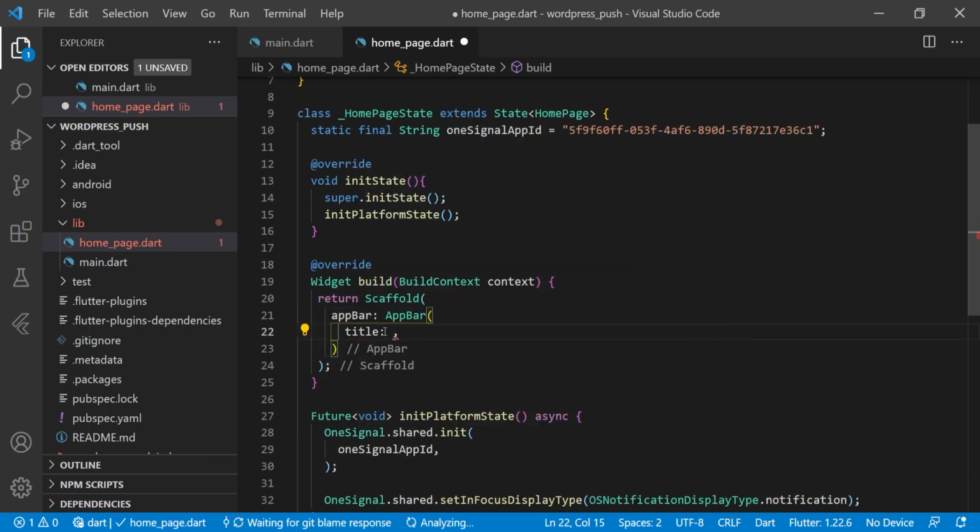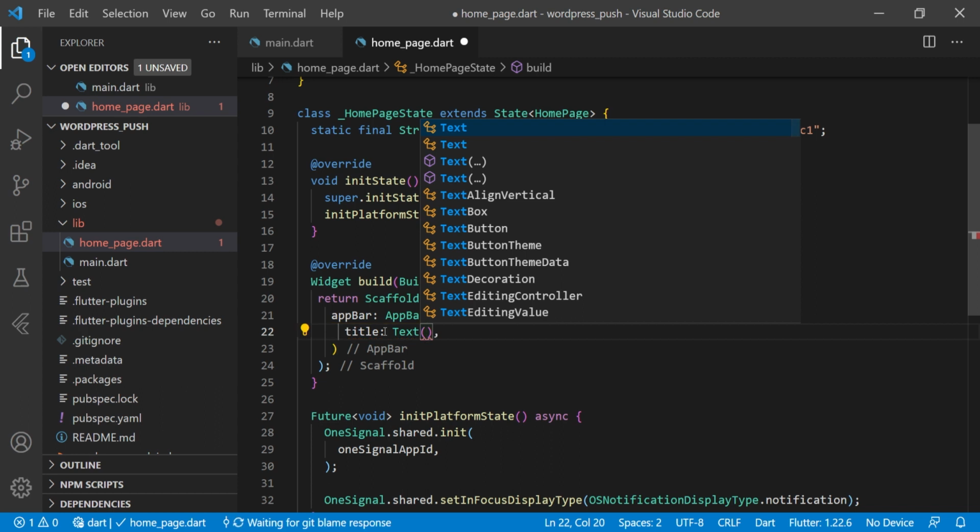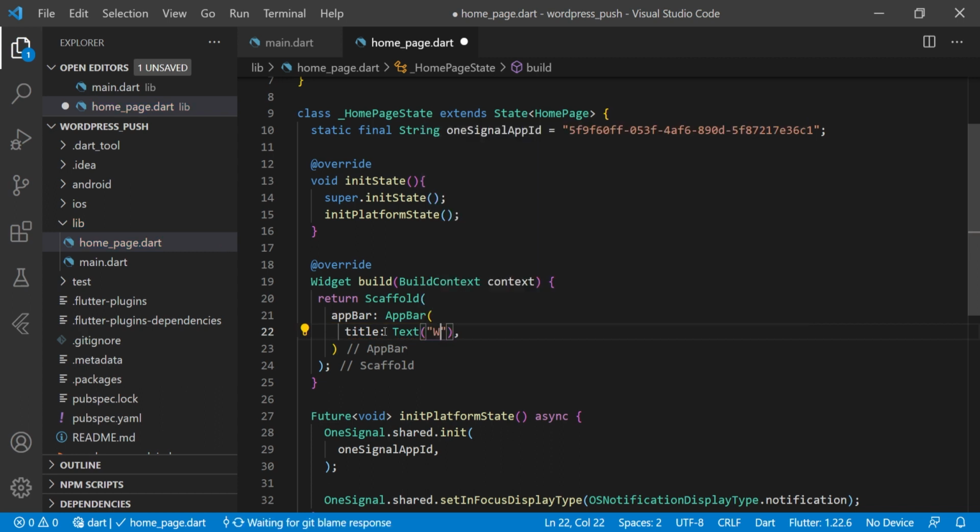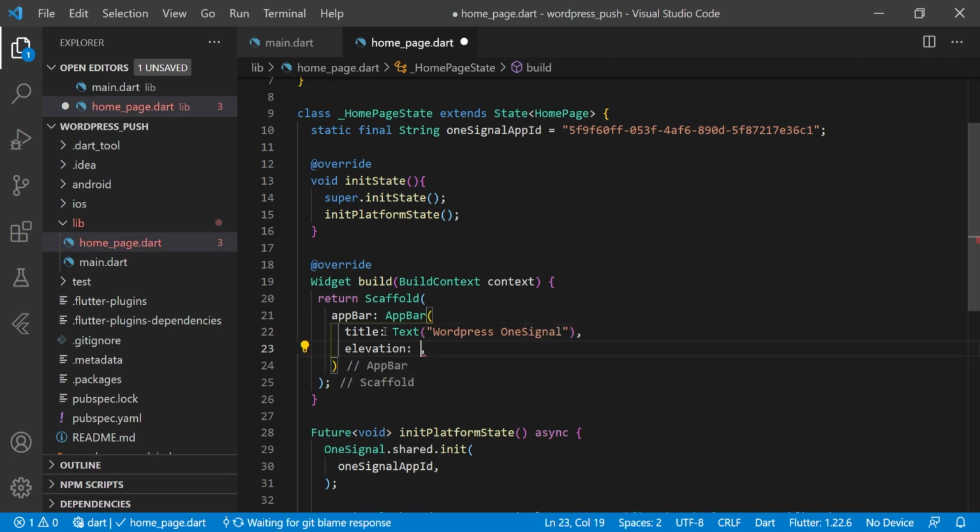The title we are putting here is a text widget, WordPress OneSignal, and the elevation we are using as 0.